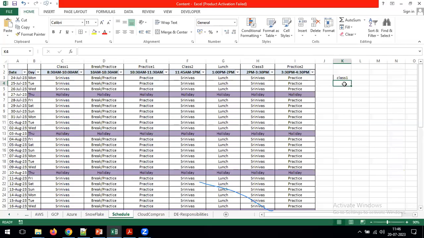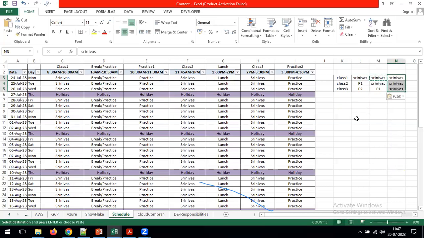Okay, now class 1, class 2, class 3. So what I told you, out of 8 hours you are going to have 3 classes in a day. Here I mentioned all the 3 classes under my name only, but sometimes what will happen is I will take only one class. Srinivas sir will take only one class, and person 1, for example, will take one more class, and person 2 will take the other class. And some days I will take 2 classes and person 1 will take 1 class. Sometimes I will take all the 3 classes.